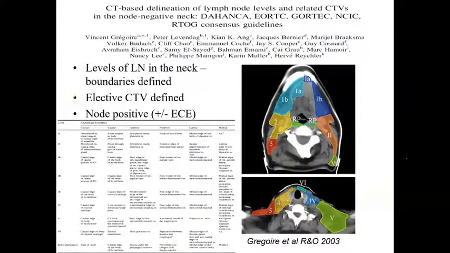So first and foremost came the guidelines which were designed for the node negative necks, and these were published in 2003. So basically what was happening was Robbins, other groups, they were all having their own guidelines to identify different levels of the neck. This is the first time in the neck region that a consortium was set up and consensus was built to define the boundaries of the lymph nodes, the levels of lymph nodes within the neck, and they could identify, okay, this is the level you would include for this particular site, even if the node was negative.